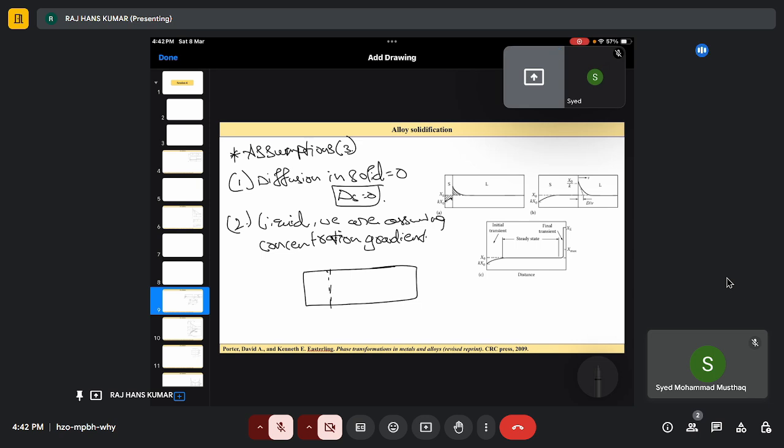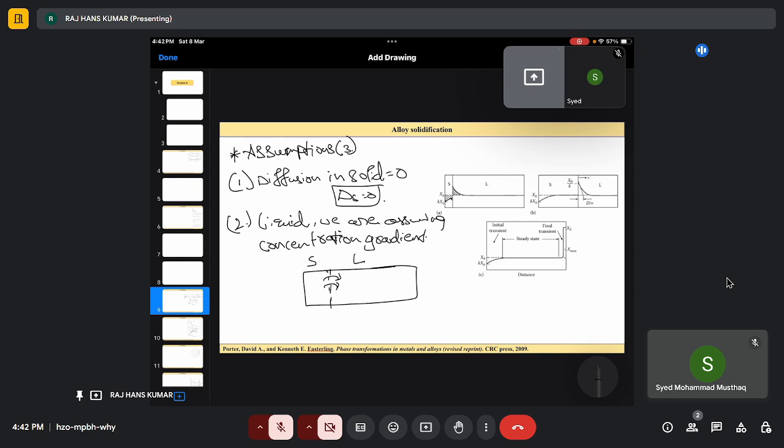This is my interface. This is my solid. This is my liquid. Now once the solute forms, it rejects the solute on the liquid side, because of that, and there is no convection or perfect mixing in the liquid, and because of this case,